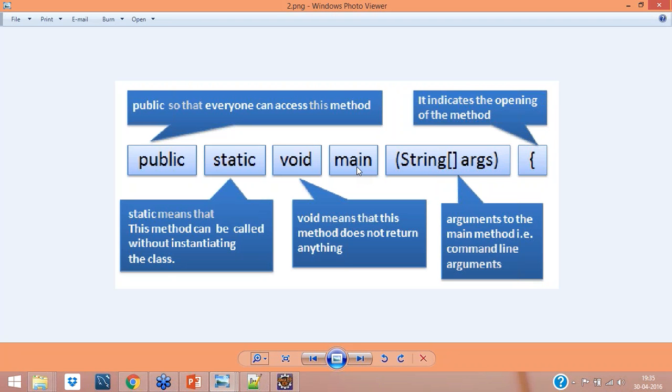Sun Microsystems. When Sun Microsystems created the JVM, they wrote some programs inside it. Inside the program they wrote the main method and maintained it as public static void. So if you want to change that, you have to go and change the JVM code, and 99.99% of people will not do that.